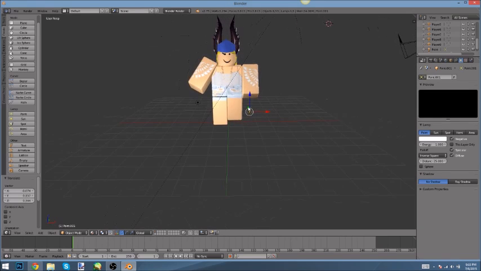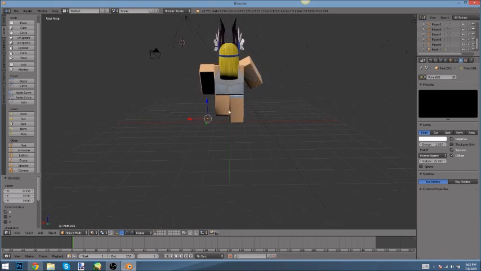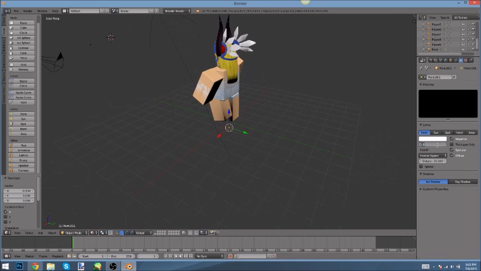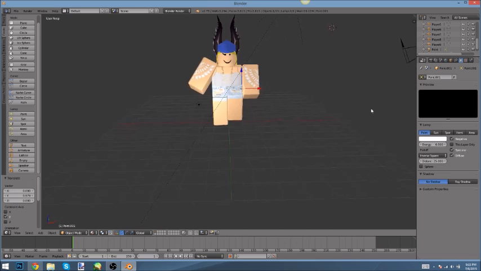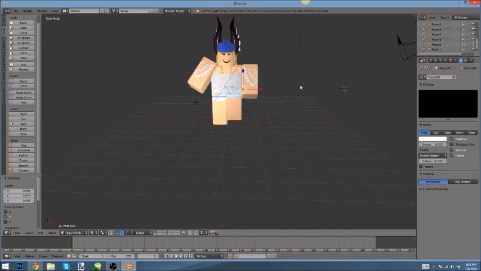Okay. I mean, yeah, you don't have to use it. I don't really use it. I wouldn't recommend using it unless you're some hardcore person with GFX, but I just do it mainly for fun, so let's move on. So after your character is all set up and nice and pretty, what you do is